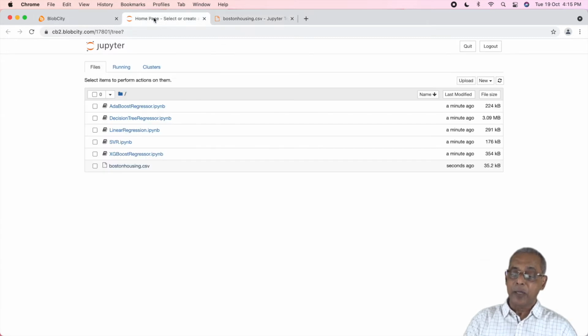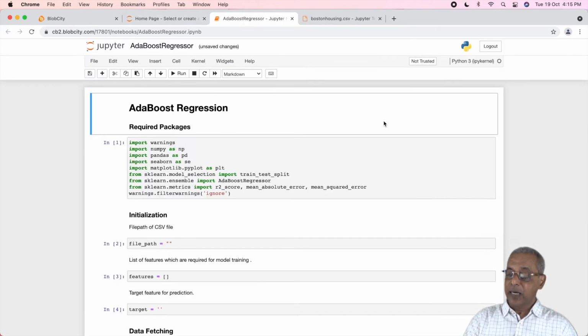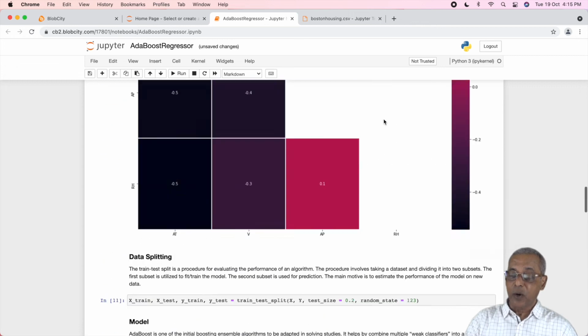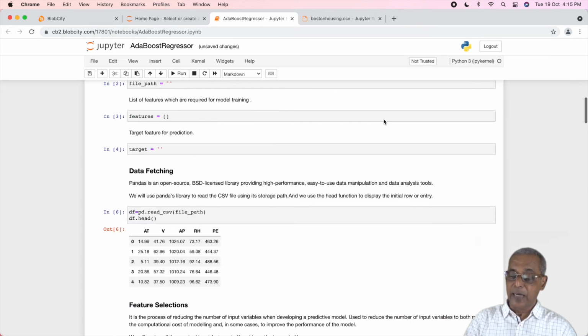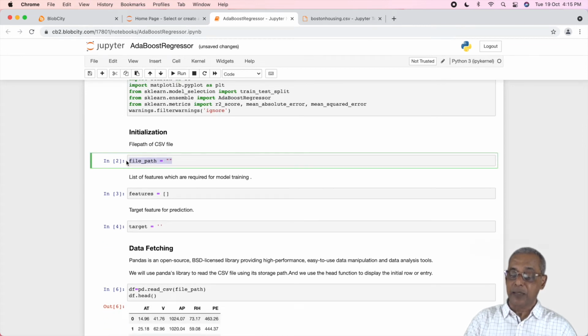Now I go back to the home page and I select the first template here, AdaBoost regressor. I will be able to see the entire template code here. Now, don't even bother about what is there in the template code. We are just interested in knowing which model works best on my data set. So what I'm going to do is I'm going to set my data set path here. See, look at the code changes which you need to do. You need to specify the name of your dataset file here, which is the Boston Housing.